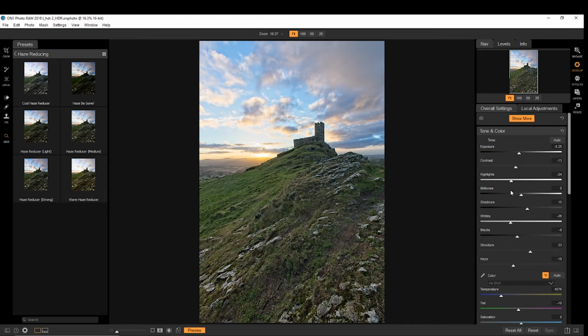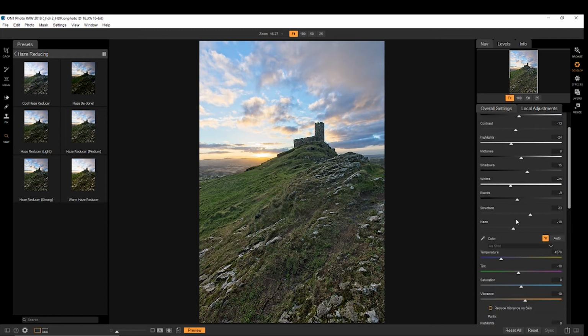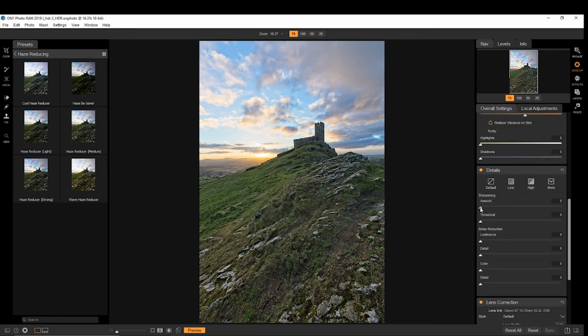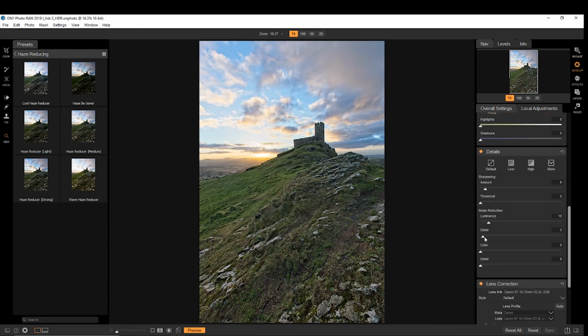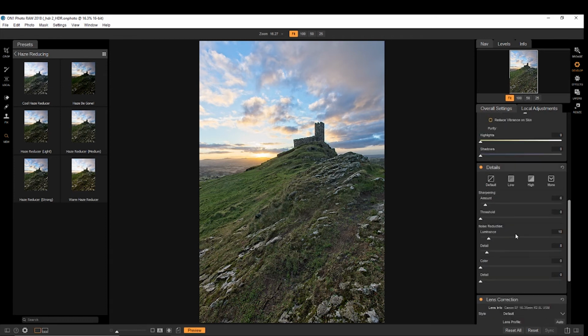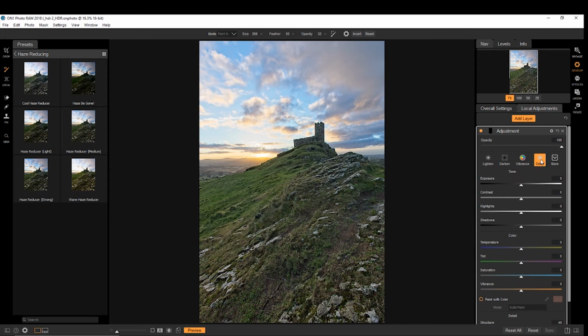Now we've done a lot of this tone and color adjustments already in the HDR settings, but we can do further adjustments here if we would prefer to. And we can also do a little bit of work on the sharpening or the luminance, the noise reduction with our detail. We can do lens correction if we would like, and we can also come up into local adjustments to do some further brush work on it,